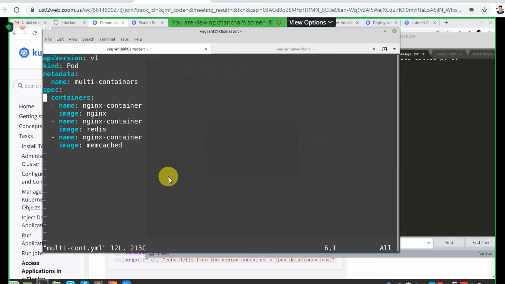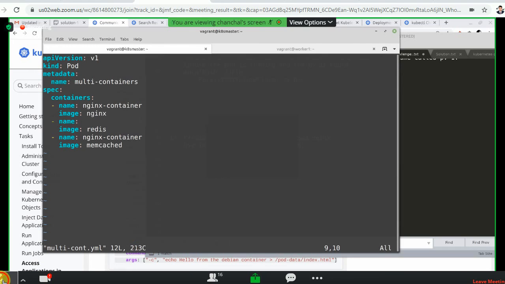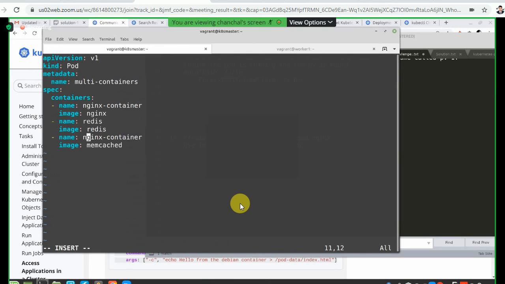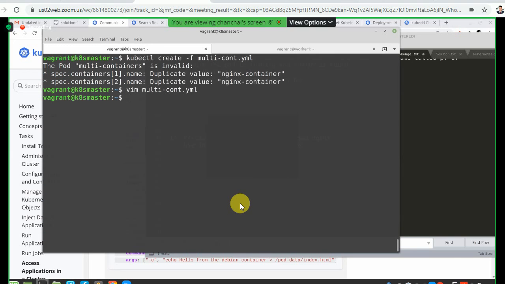That is the pitfall. Okay, insert, name it Redis only. Okay.